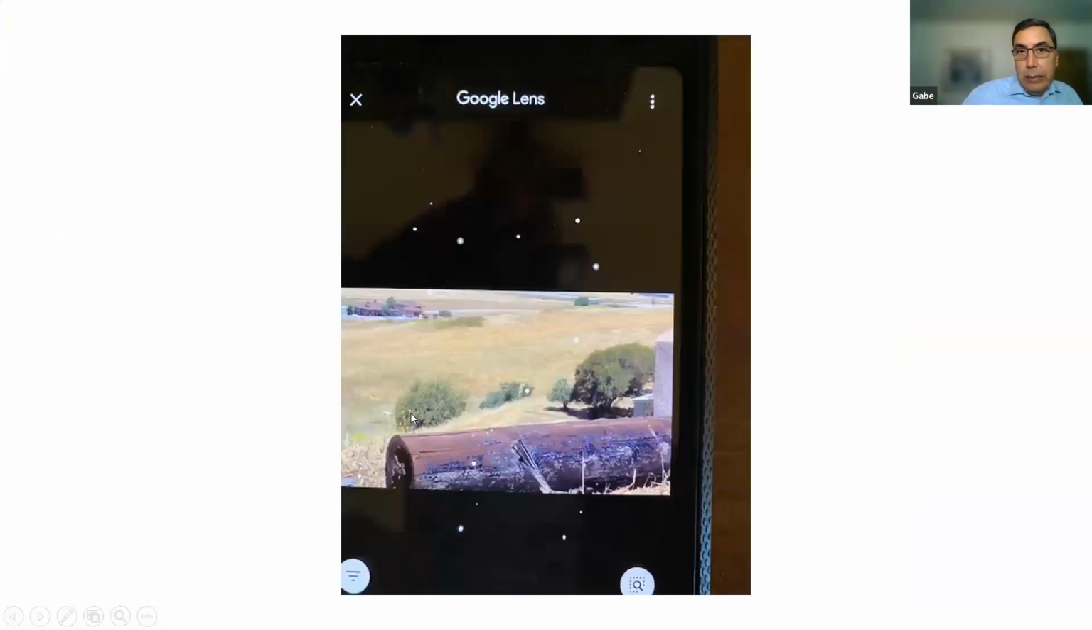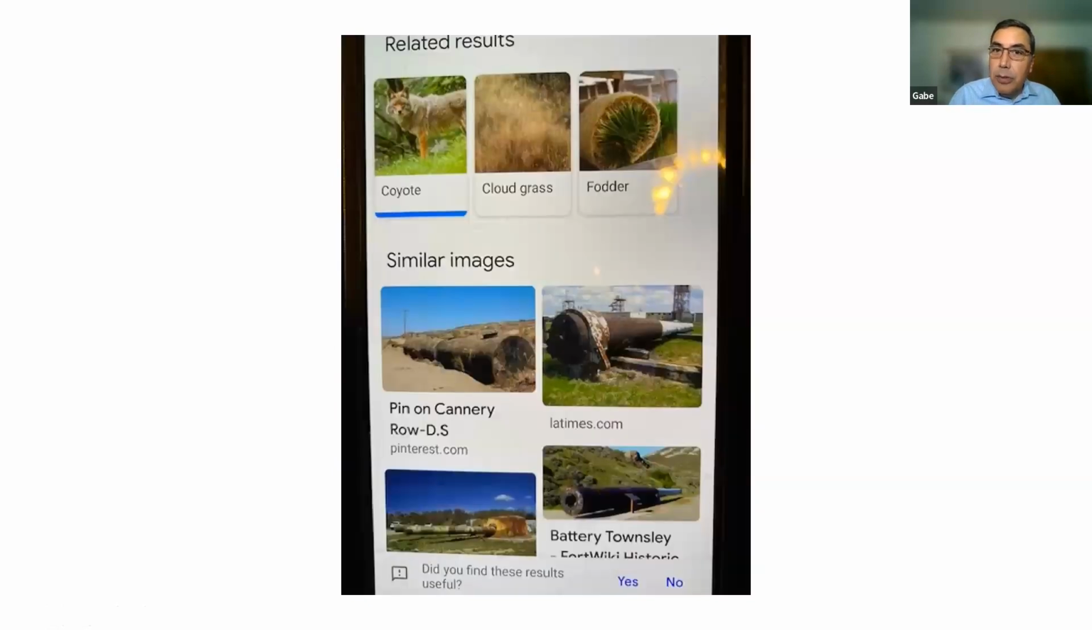And we did just an exercise, right? I was outside in a parking lot, and I took a picture of this log. Here's a little roadrunner, and immediately Google Lens started identifying the image based on the pictures that we have, giving me options of, are you looking for this? Back then it was telling me, are you looking for a coyote? Or are you looking for a cloud of grass? Or are you looking for a fodder? And then some similar images